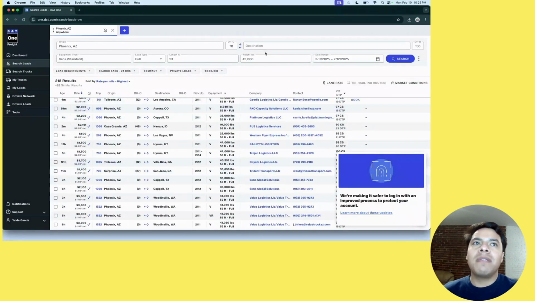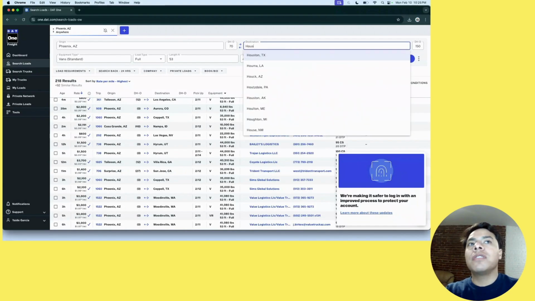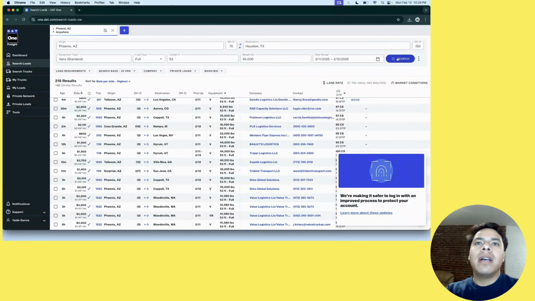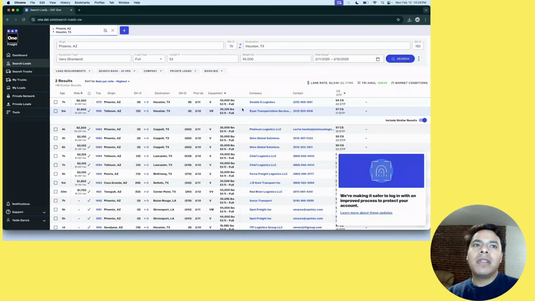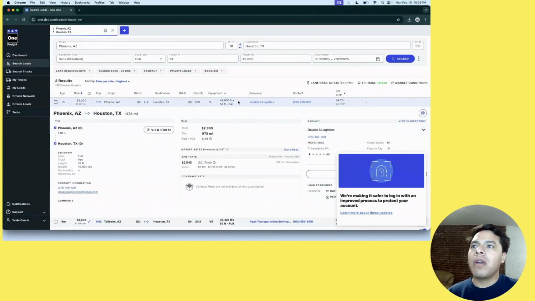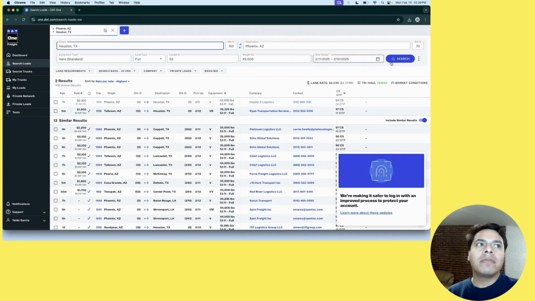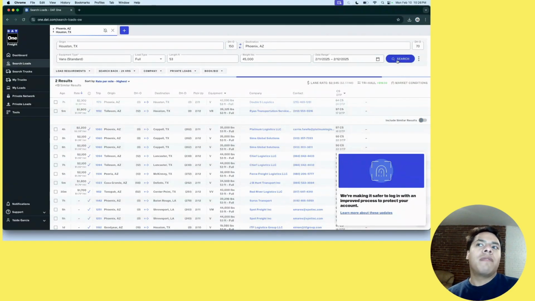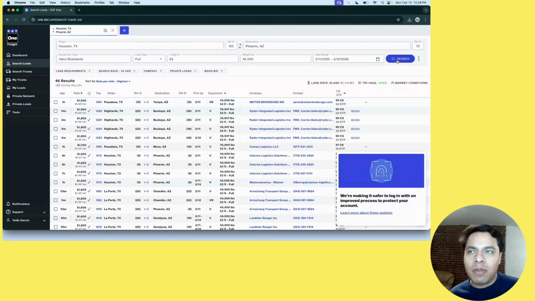Another one would be Phoenix to Houston, which has dropped quite a bit. But at a certain point, Phoenix to Houston was a pretty well paid lane, right? And when I say well paid, I'm talking 250, 270, 3. And it's dropped down quite a bit. But something to keep in mind, it's still kind of up there, and it will eventually get up there again, right? Houston, Phoenix as well. And it's still one of the better Phoenix lanes for the market as we stand, vans in Phoenix,